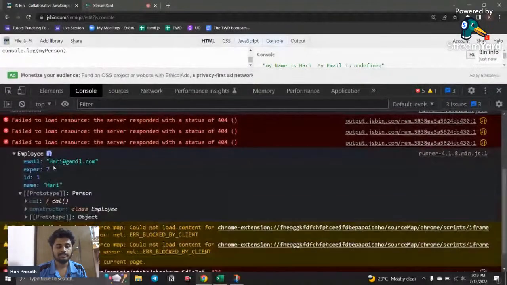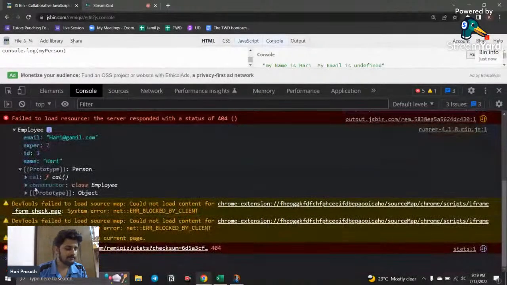And you can see all the methods inside the prototype. So here you can see